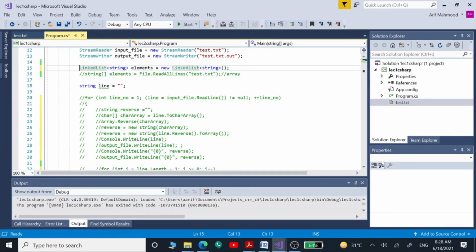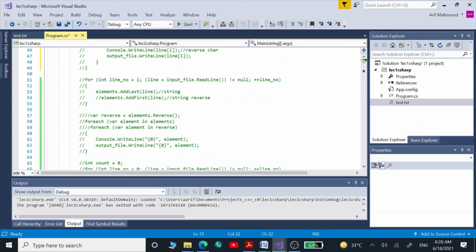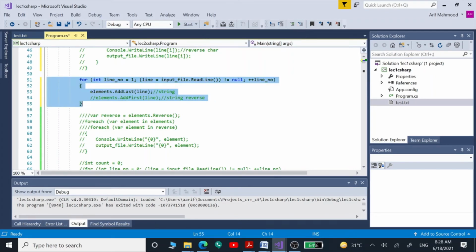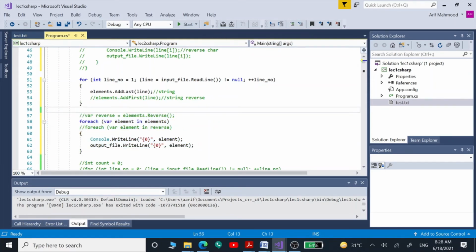So this is the linked list of type string and its name is elements, and we are going to store our strings inside it. Strings are those input file lines, and now we are going to use this for loop to store those. And after that we are going to use this for loop to display whatever is stored inside our linked list onto the console window.